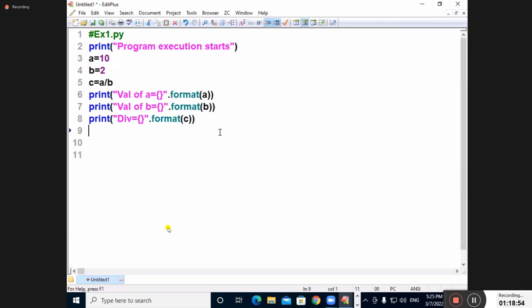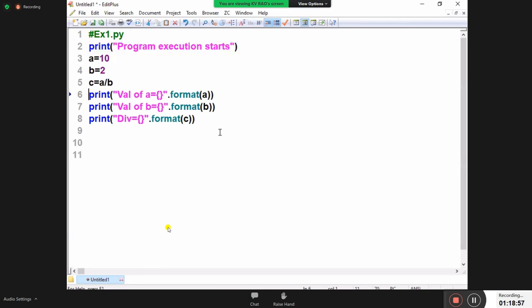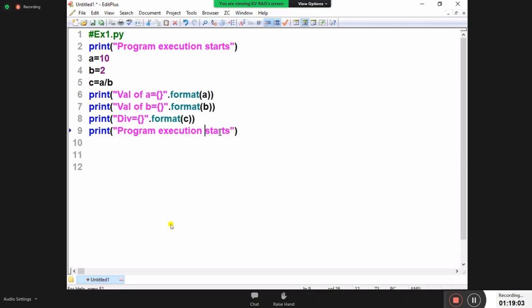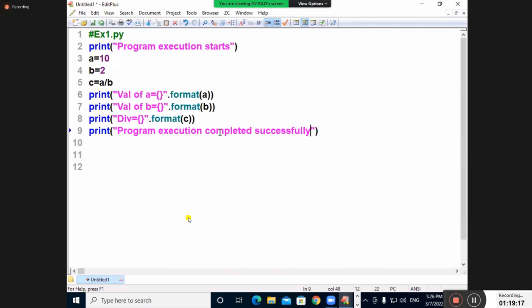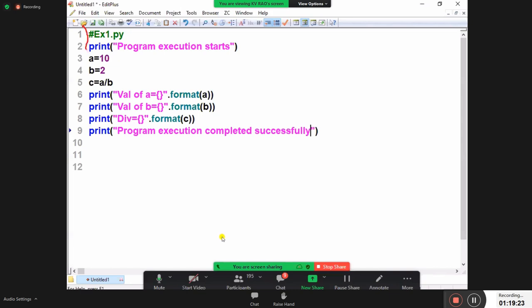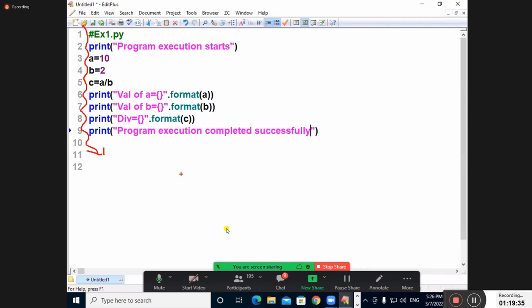That means in the middle of it, some block of statements are executing or not. That means my PVM is so smooth and comfortable. Program execution completed successfully. That means from beginning to ending, successfully executed without any difficulties. When PVM starts executing from here, PVM felt that there is no input problem, no logic problem, no kind of problem in this. Successfully started and successfully completed its execution. Am I correct, students?